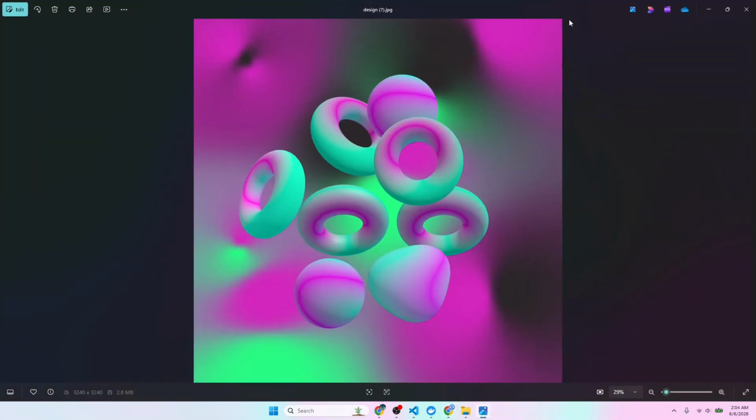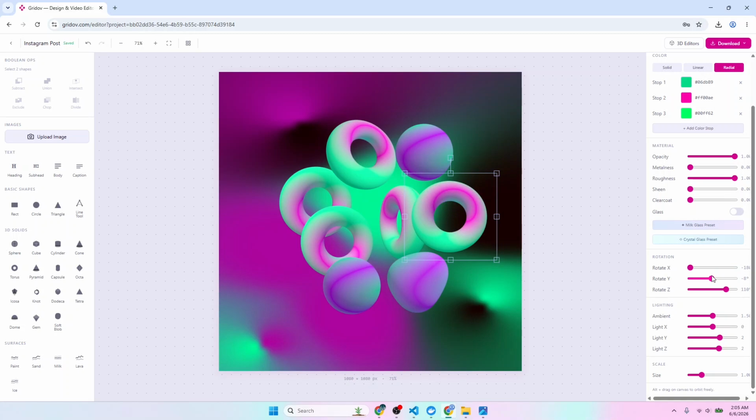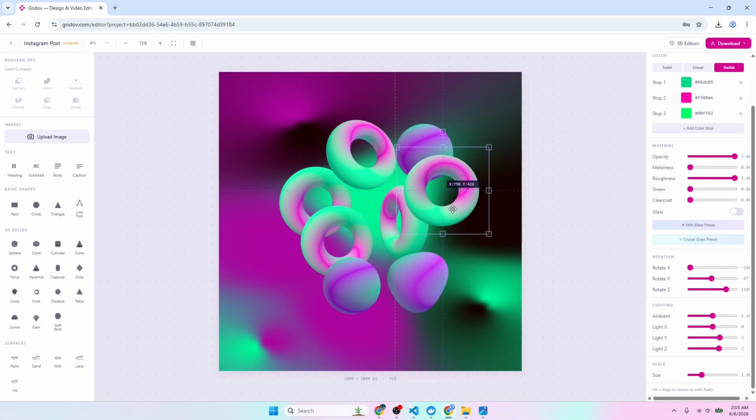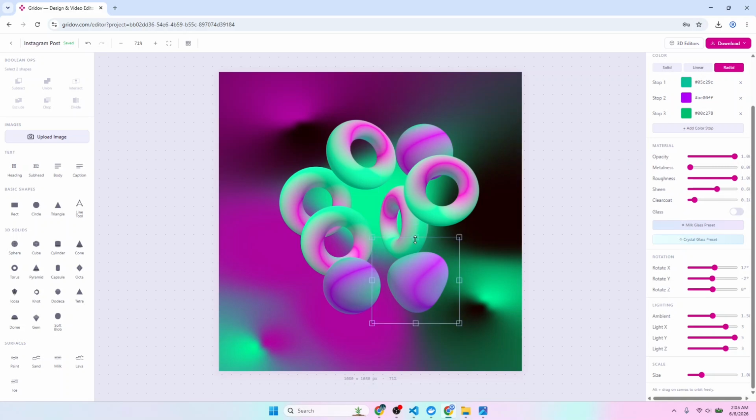Let me just take this to the other screen so that I'm able to copy and do that in real time. So this rotates along the X that way, then the Y a little. Then we have this one rotating all the way and just move it there. I'm going to adjust this purple towards the red a little bit like that. Then we have this one just below this other torus,